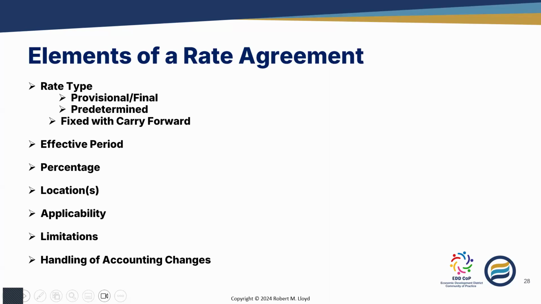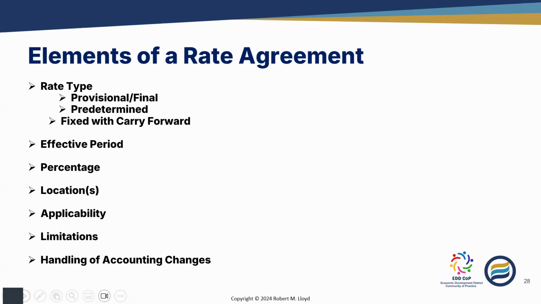A predetermined rate is where the rate is established on the front end of the fiscal year, but it's not adjusted at the end of the fiscal year. So the de minimis rate is kind of a predetermined rate in its own right. Well, federal agencies are told that if they're going to establish a predetermined rate, it ought to be established at a level where it's assured that the organization involved is not going to overcharge the government. So it has some limitations associated with it.